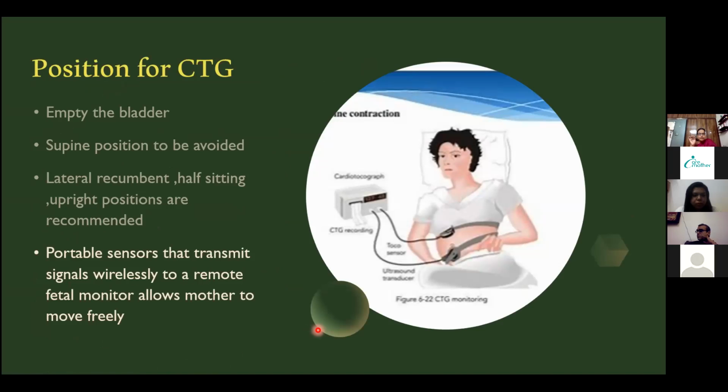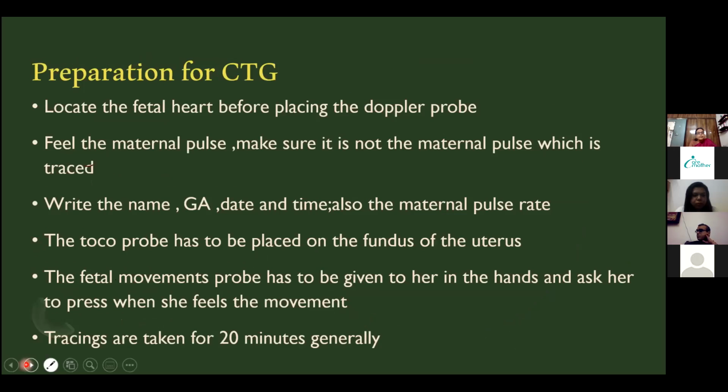When you put a continuous monitoring with the machine with these wires, it is a real disadvantage because it immobilizes a patient, whereas the labor will progress better if the woman is mobilized. So the new wireless machine is of great help. The patient can sit, move around, walk around, and still the baby heartbeat can be monitored. And before placing the Doppler,